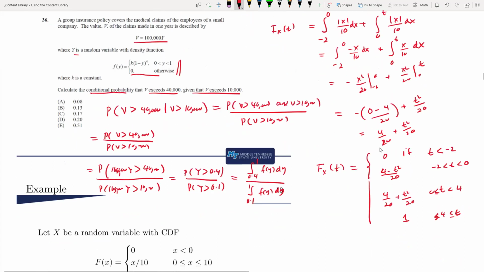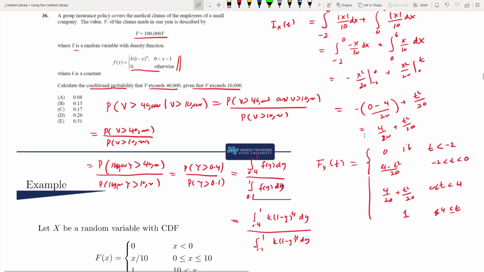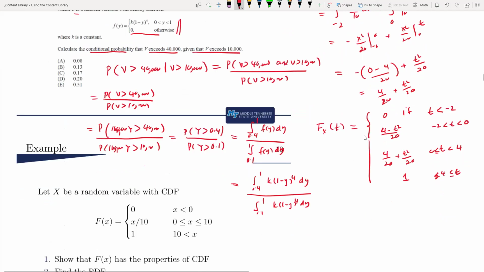You can substitute the density function. So 0.4 to 1, I have k times (1 minus y) to the 4 dy divided by 0.1 to 1 k times (1 minus y) to the 4 dy. So k cancels out. You can see that actually we really don't need to find k. If you really want, you can find k using this formula, the integral from negative infinity to positive infinity of Fy dy should be 1. We used that in an earlier problem. From that you can get k, but you really don't need that because you can cancel out